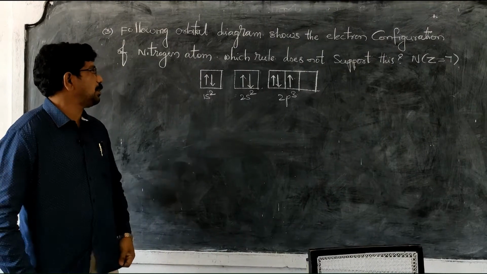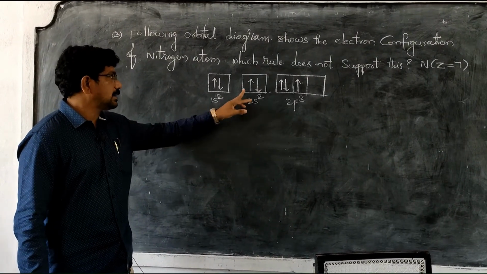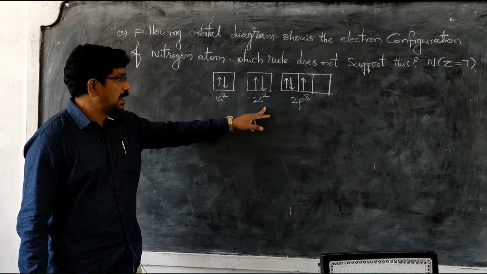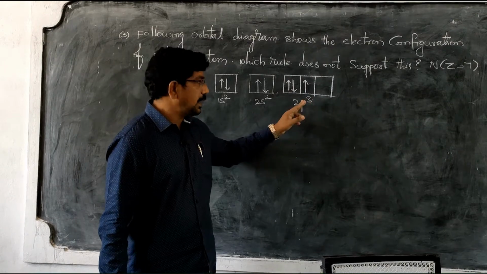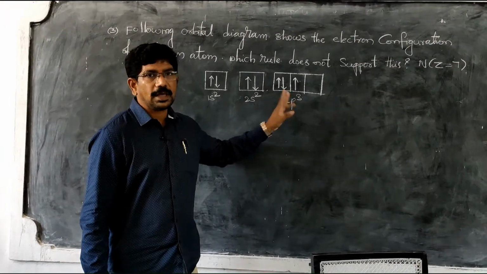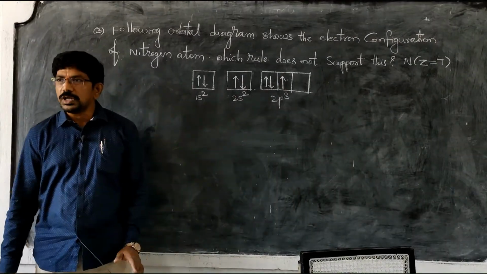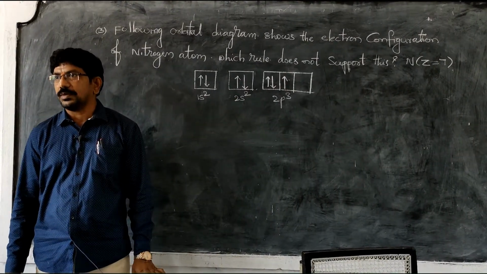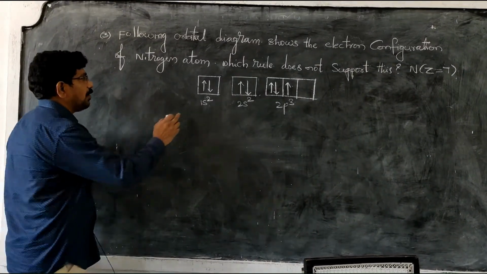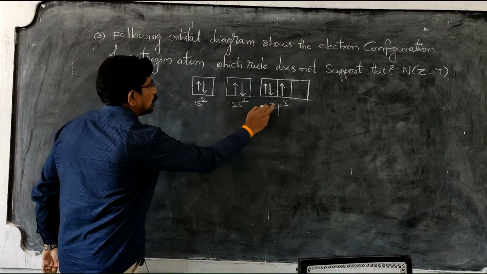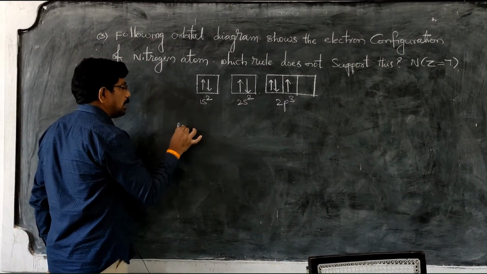So in the s orbital, in the first shell, 2 electrons are there. Next, in the second shell in the s orbital, 2 electrons are there. In the same second shell, in the p subshell, 3 electrons are there. Is it correct or not? Which rule is violated? You are asked to find. Are you clear? If you observe the given diagram carefully, what is given? 1s2, 2s2, 2p3. But here in 2p3, see this one, in p orbital,